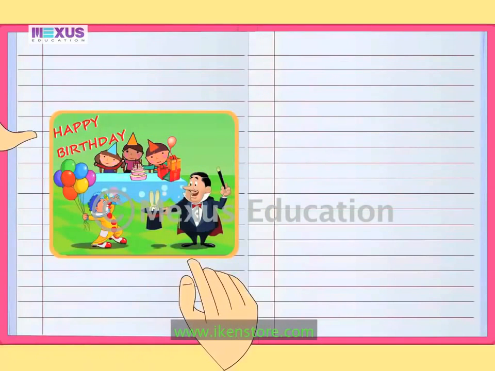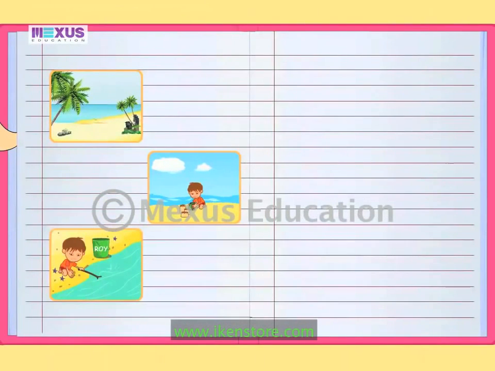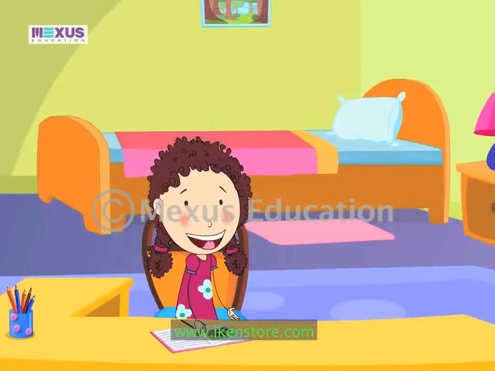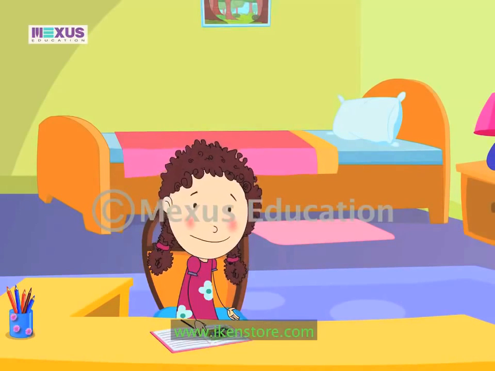Here's the first picture on which I'm going to write a few sentences. And here I have 3 pictures. I need to write a composition on these pictures. I can't wait to get started writing my story. Do you want to join me in learning how to write a picture composition? Come along!